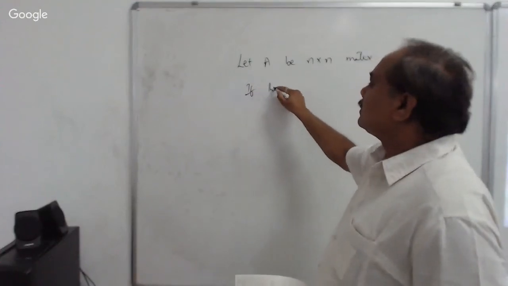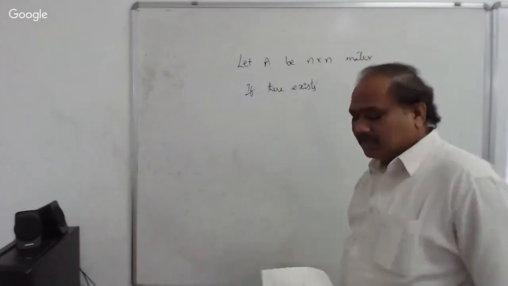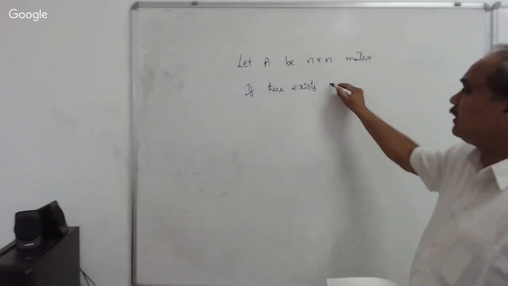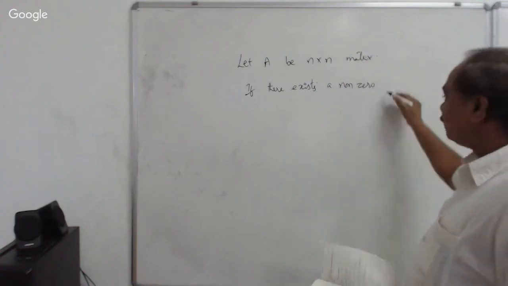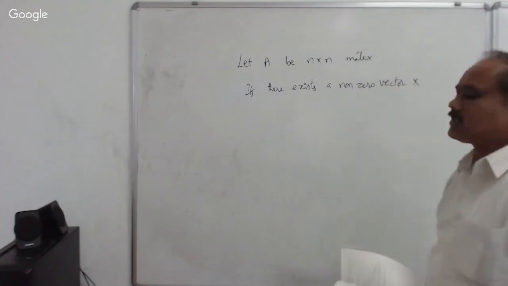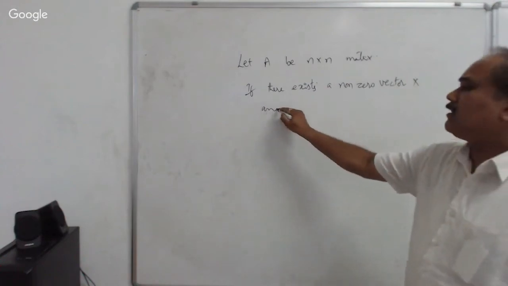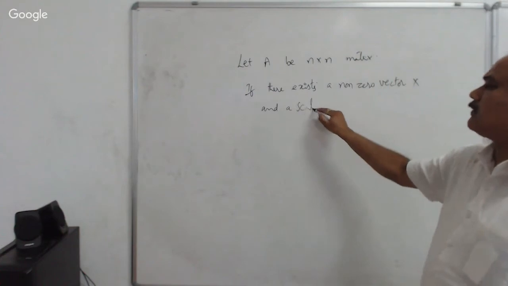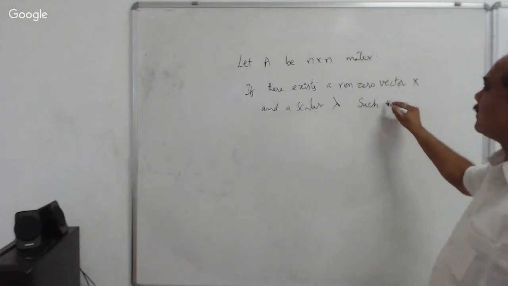If there exists a non-zero vector x, and a scalar lambda such that